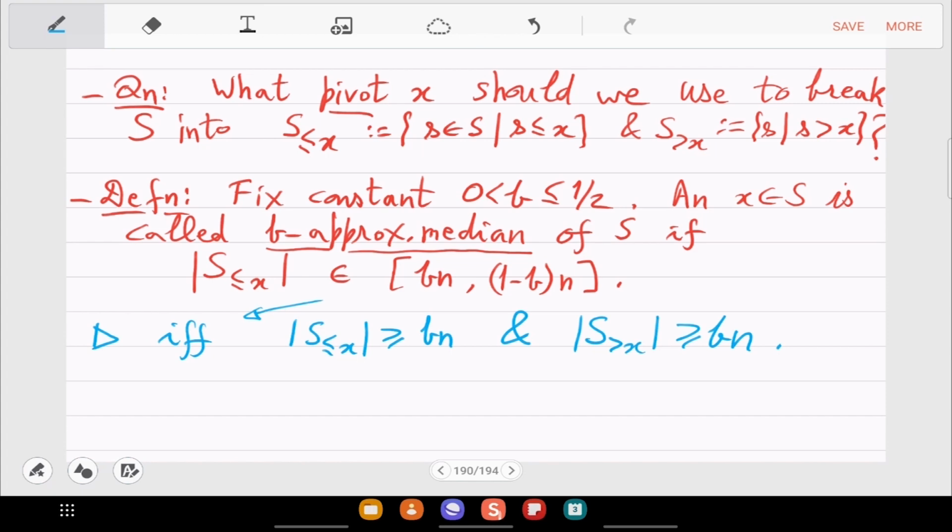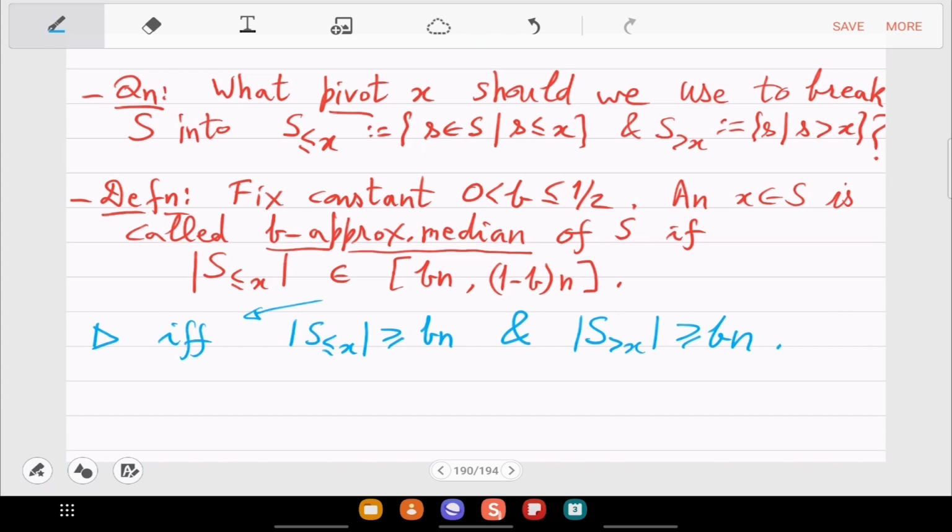So such an element x is called a b approximate median, and unlike the median, it is not unique. The median is a unique x, this is not, because there is a big leeway here. So we want to find such an x, divide into two parts, and then call the select subroutine twice.